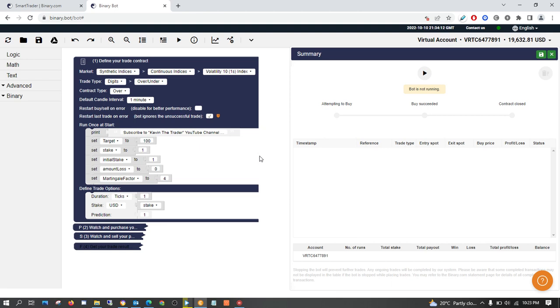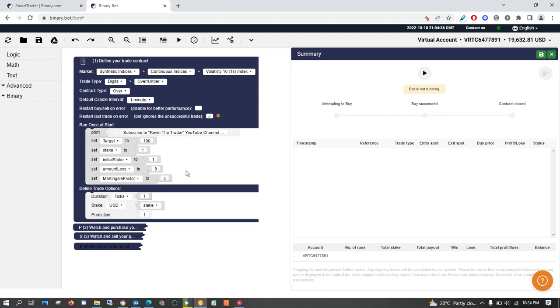The first thing is, don't stake anything above $1, because the martingale factor, as you can see here, is 4.